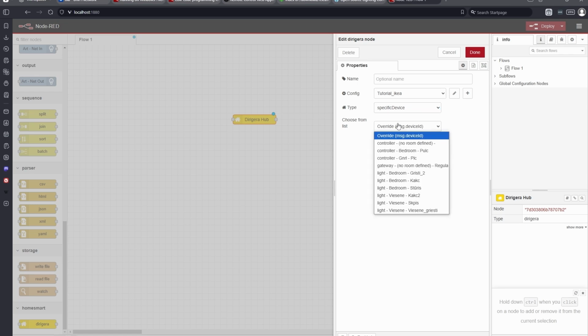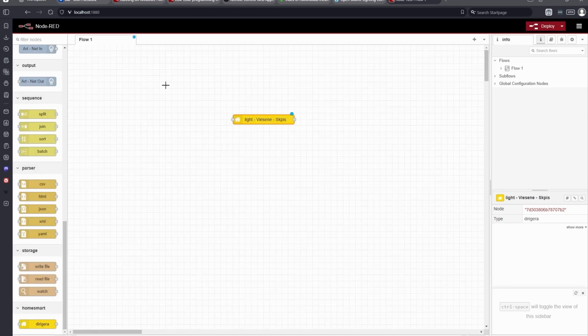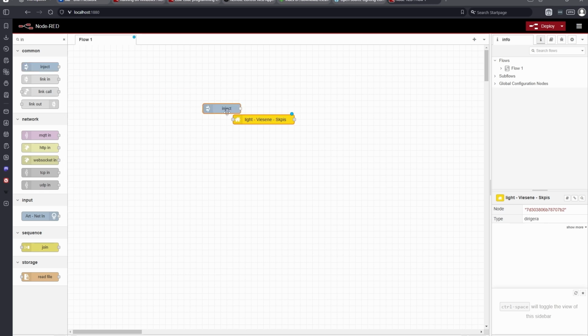Deploy, close, and here we can choose specific device. I have some strange naming conventions, but I know that I want to control this light. You can choose from the list whichever light you want to control. And just to test out things,